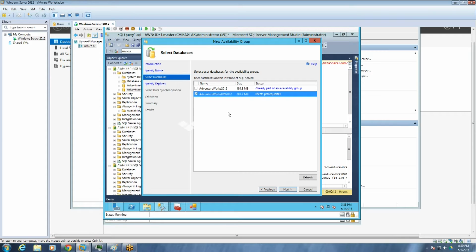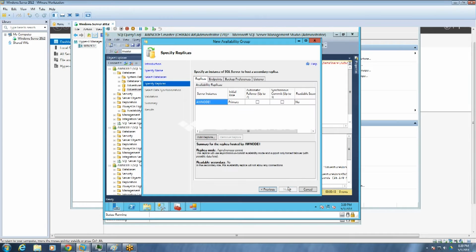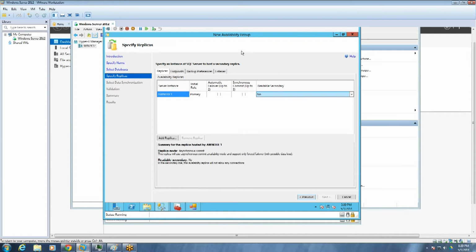Let's go to the next one. This is another screen where you can set up all the stuff for Always On, and that's an important screen. What we covered: we specified the name for the Always On group, and we selected databases which will be part of Always On. If something does not have a full backup, it will show you that a full backup is required. That's the next step for this one.